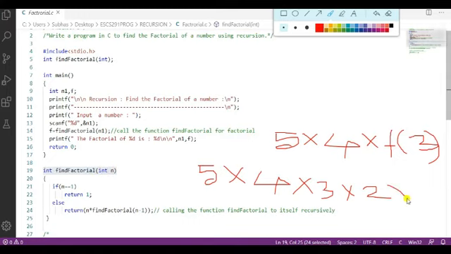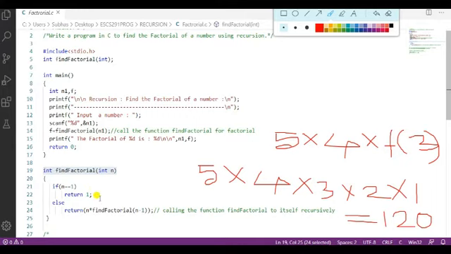So I will put this value. What is the factorial of 5? Now 2 into 3 is 6, 6 into 4 is 24, 24 into 5 is 120, right? That is equal to 120. In this way the function will work. Here it is called recursion because this function is calling itself recursively every time.